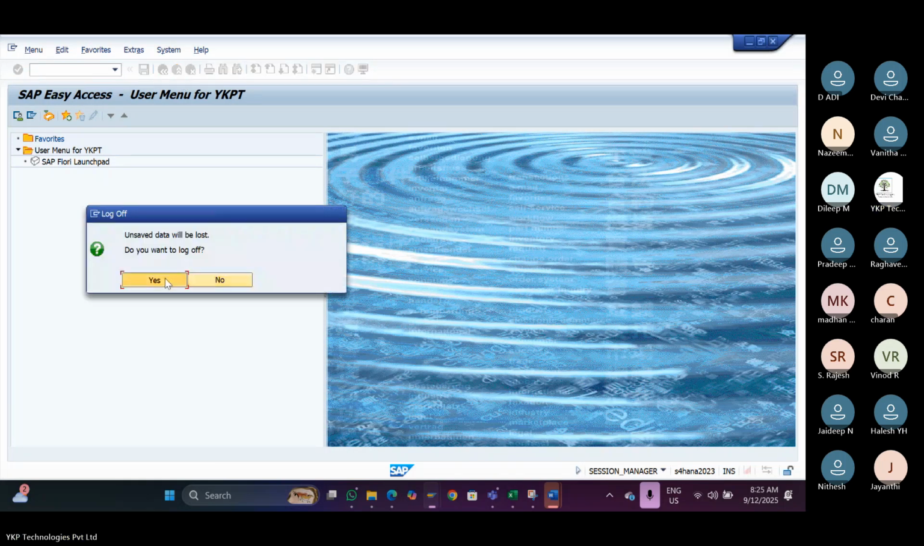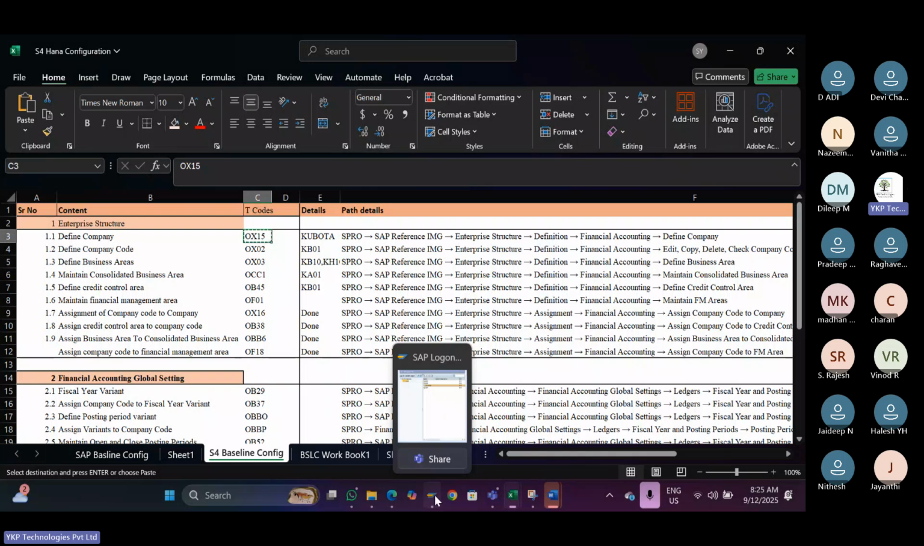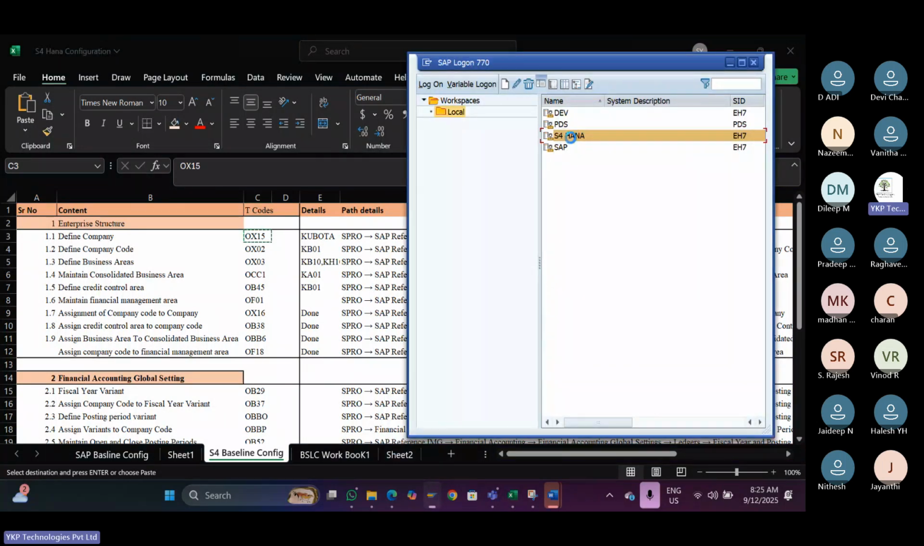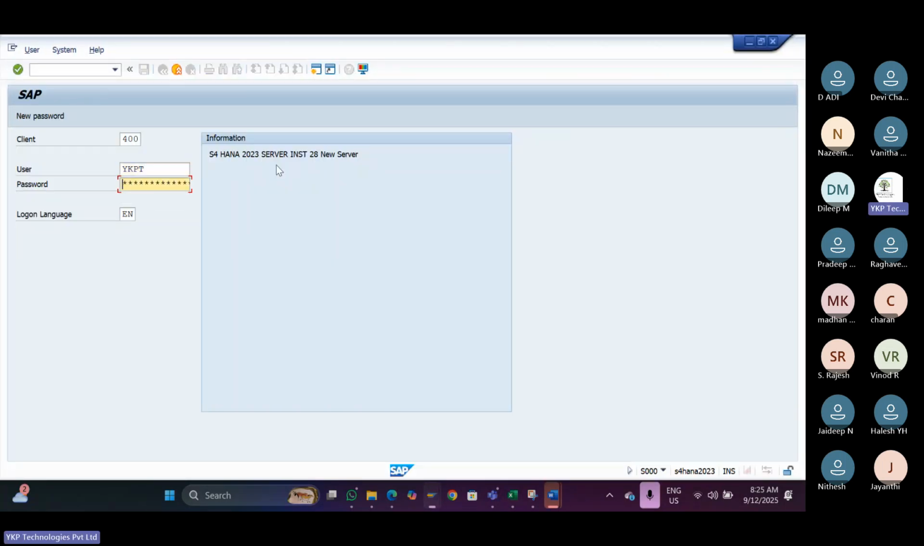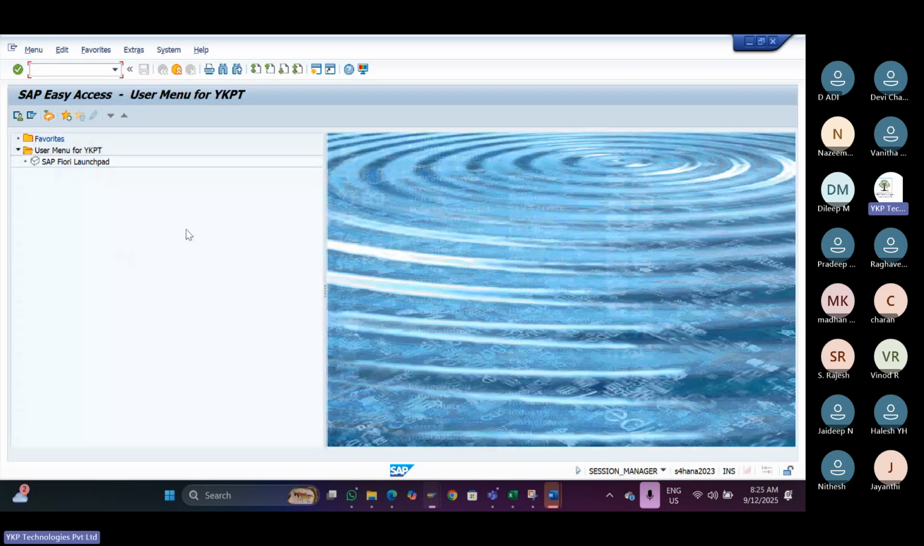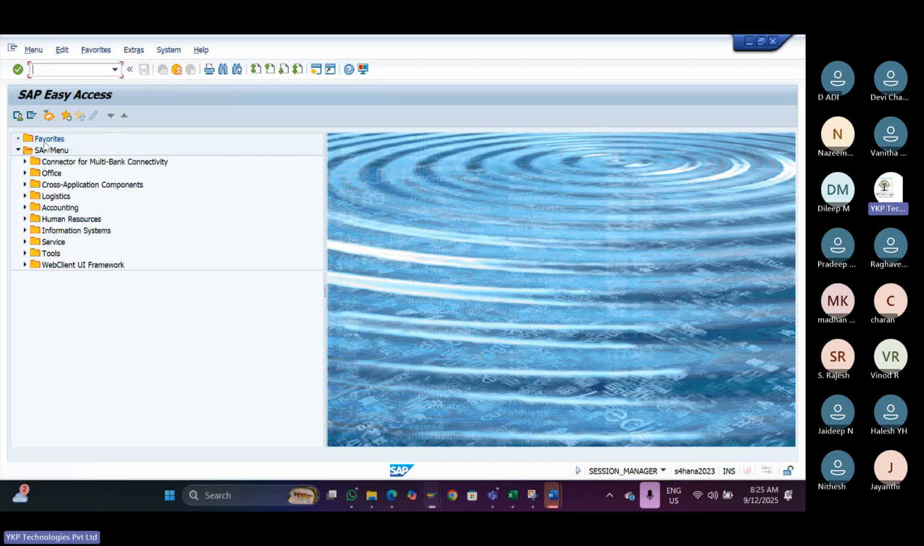Let's close here. Once we log in and enter the password, two screens will be there. One screen is the end user screen, where they will do regular activities, posting transactional activities and master data creation activities. In this SAP menu, easy path, they will work. The consultant needs to